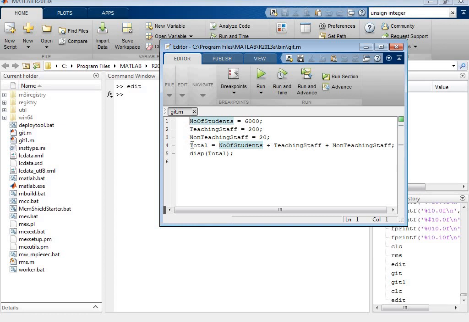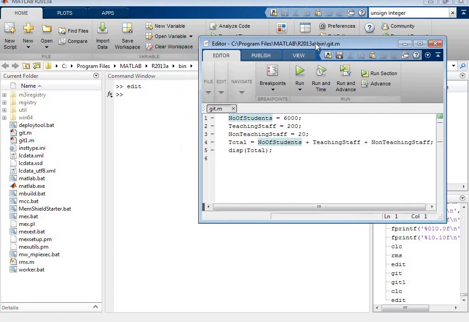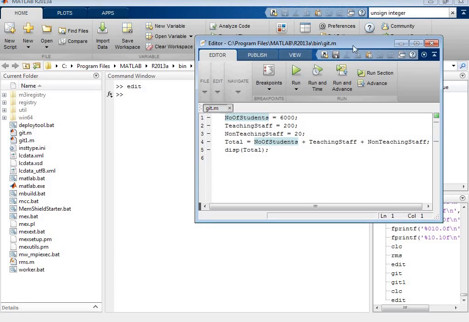If you want to know the total number of persons in a particular college, in this case GIT, this program gives you the total number of persons present in GIT. So total is the number of students plus teaching staff plus non-teaching staff, and display total. After creating and saving the file, I am saving it here with the name GIT, so it will appear here as git.m.